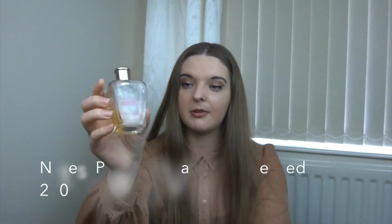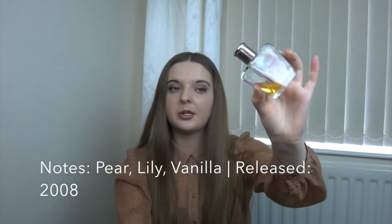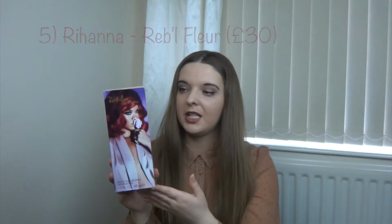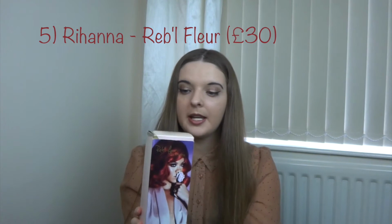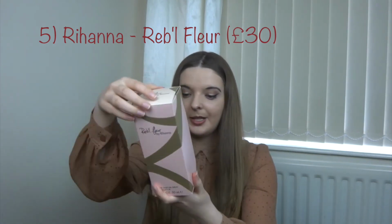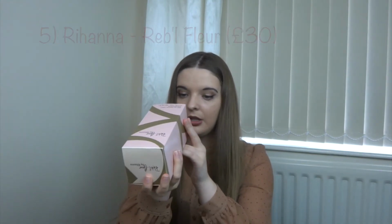This is a 50ml as well. You'd think this would be the smaller size, but this is actually the middle size of it. And I had this from a Body Shop party. Is Rihanna Reb'l Fleur, and I had this when she very first brought it out, which was in 2010, and this is the